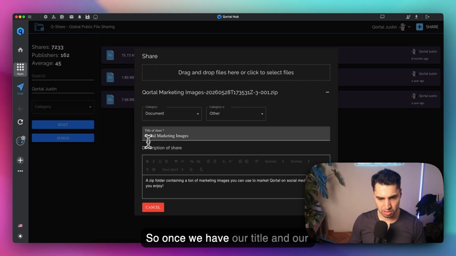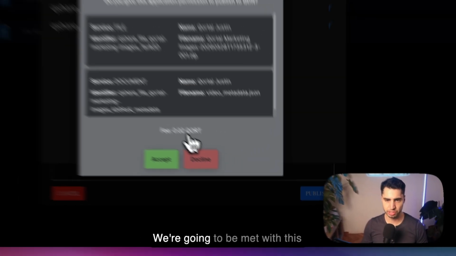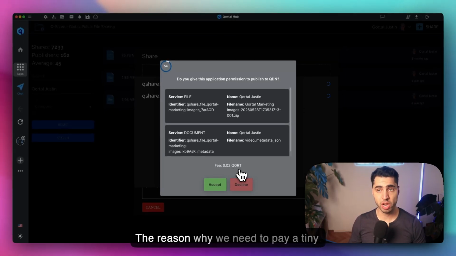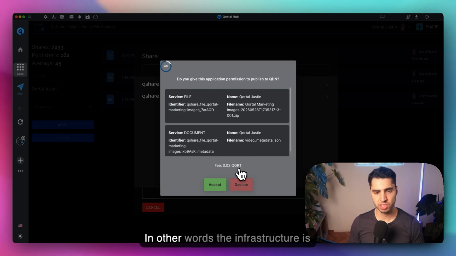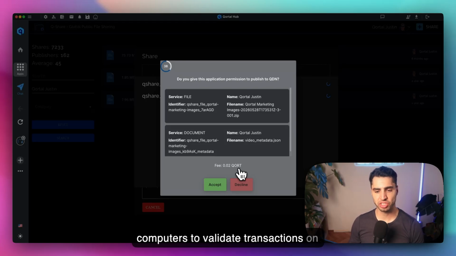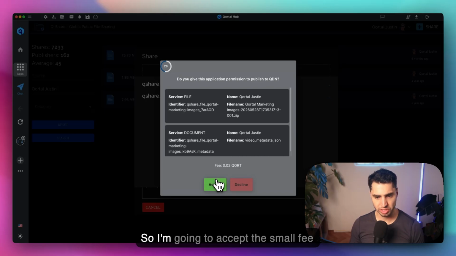So once we have our title and our description, we can click on publish. We're going to be met with this publishing modal. We have to accept a small publishing fee. The reason why we need to pay a tiny fee is because on Qortal there are no centralized servers. In other words, the infrastructure is maintained by every individual within the network, and some of these individuals are what are known as minters, which are people using their computers to validate transactions on the blockchain. And obviously we need to reward the minters for maintaining their computers online and lending their infrastructure in a sense to the network. So I'm going to accept the small fee,